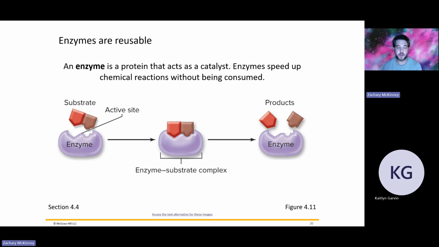So once the substrate binds into the enzyme's active site, we make what's called the enzyme substrate complex. This binding, this very tight fit binding, actually changes the shapes. And when it changes the shapes, it doesn't quite fit as it's supposed to, and so it releases its products. So the substrate becomes products. This is showing things breaking apart. Sometimes enzymes put things together, so it's not always breaking things. But what you have to remember is that